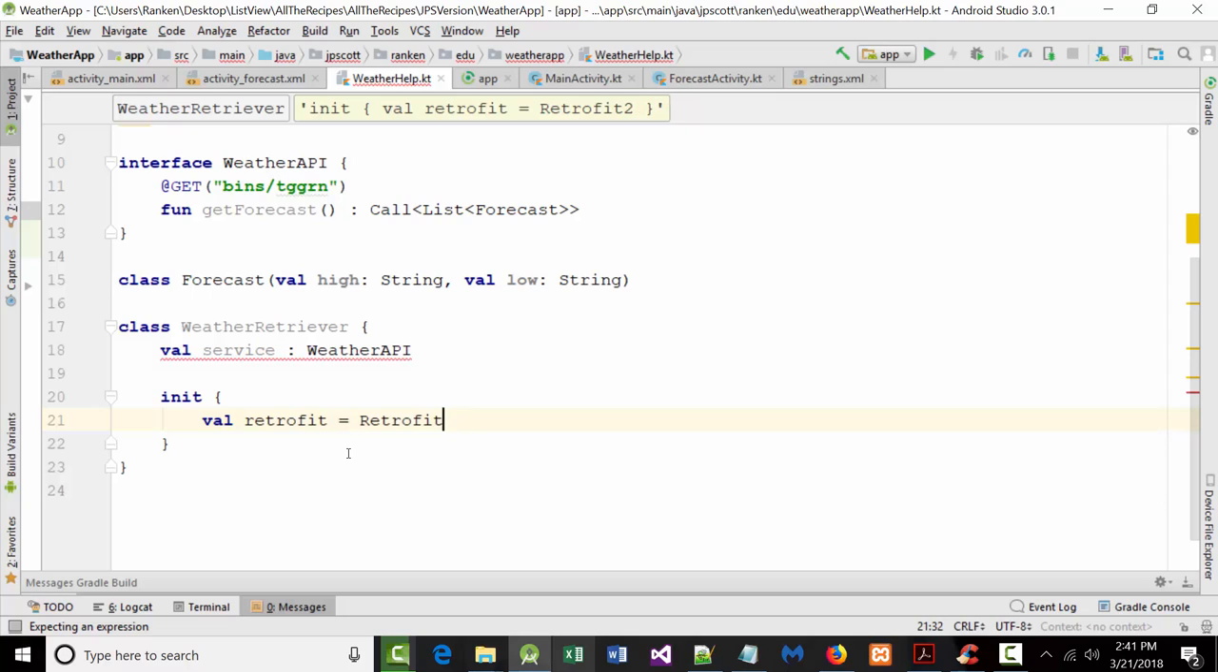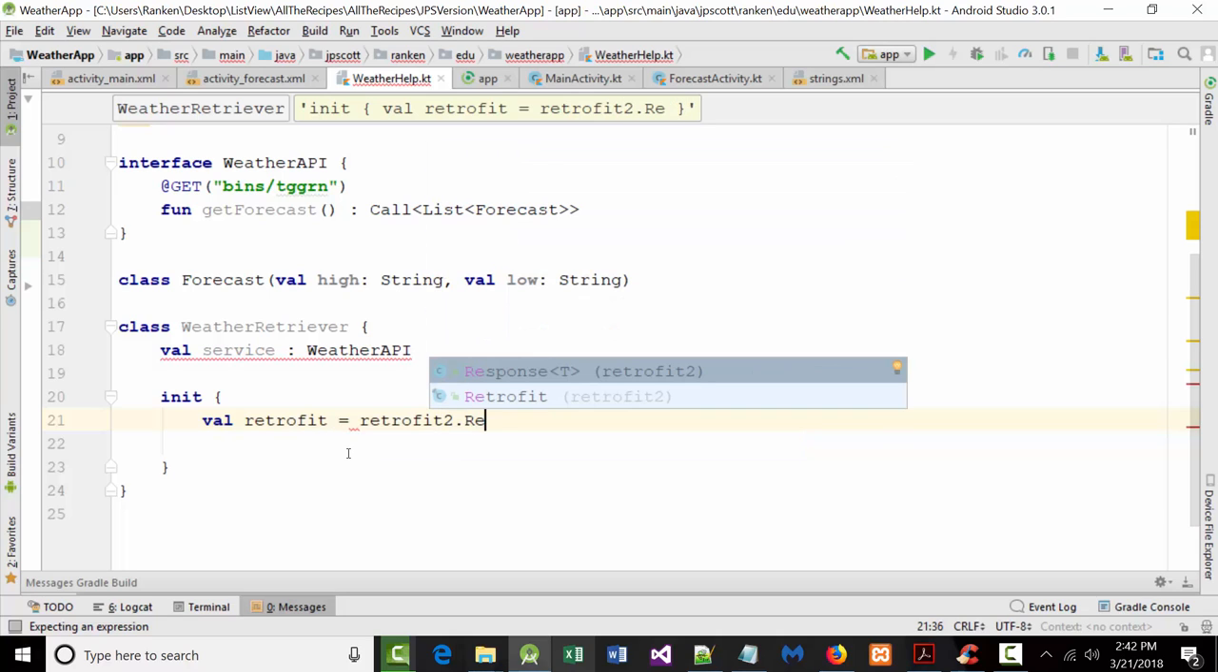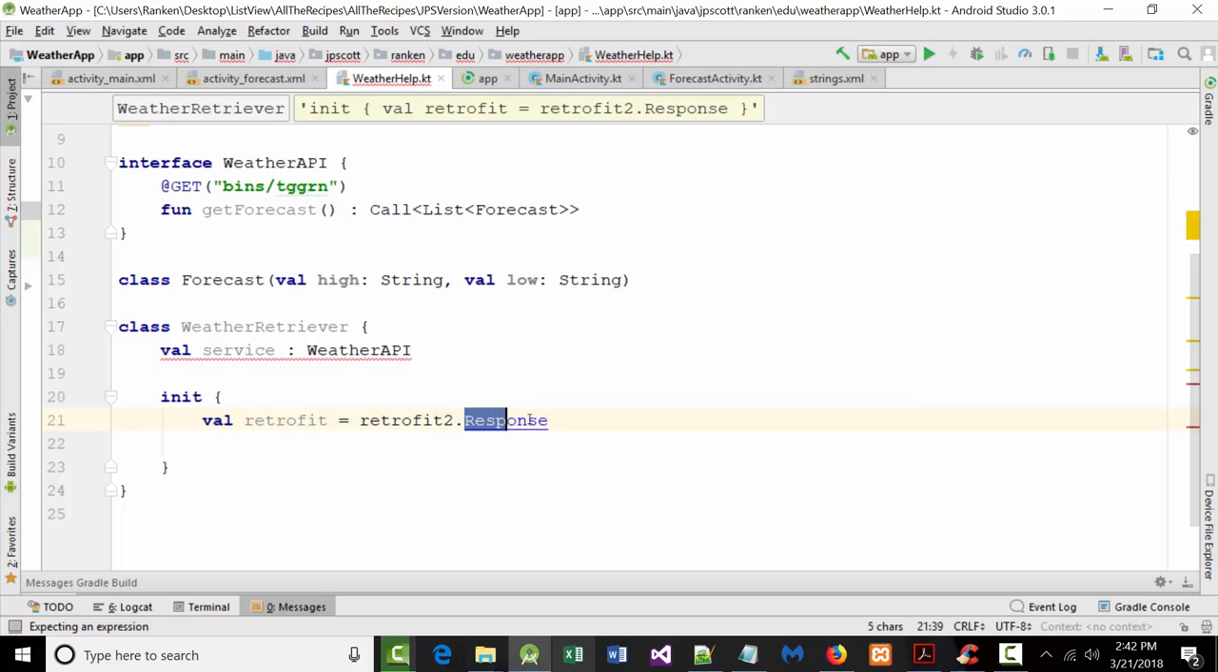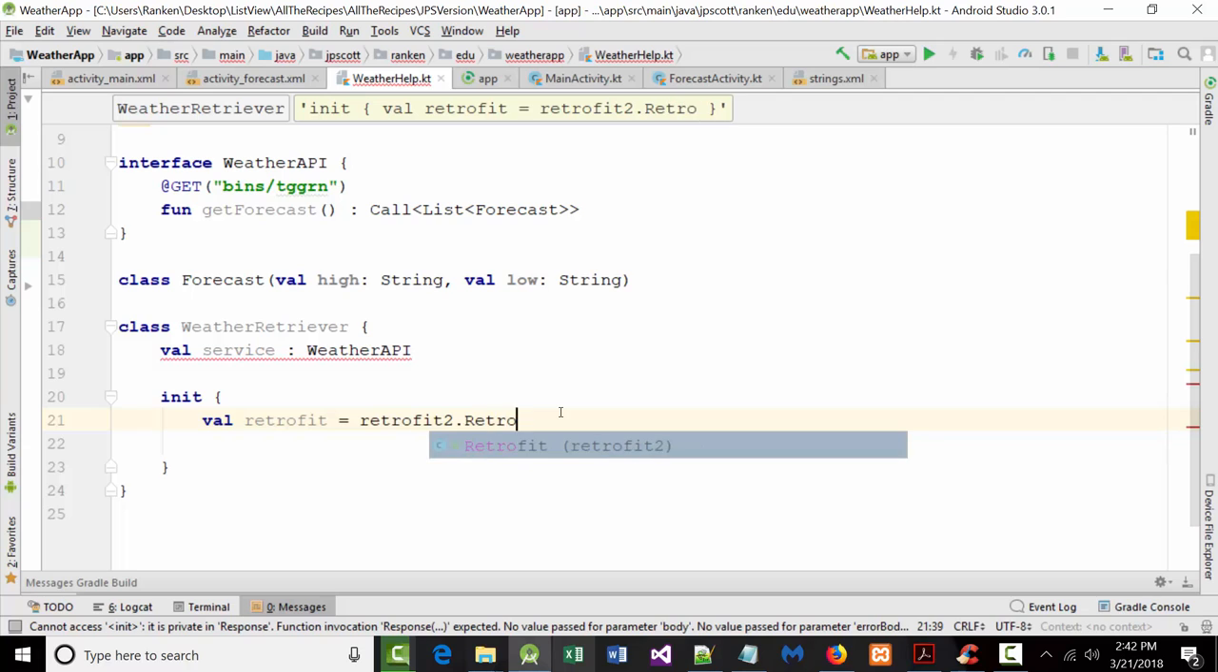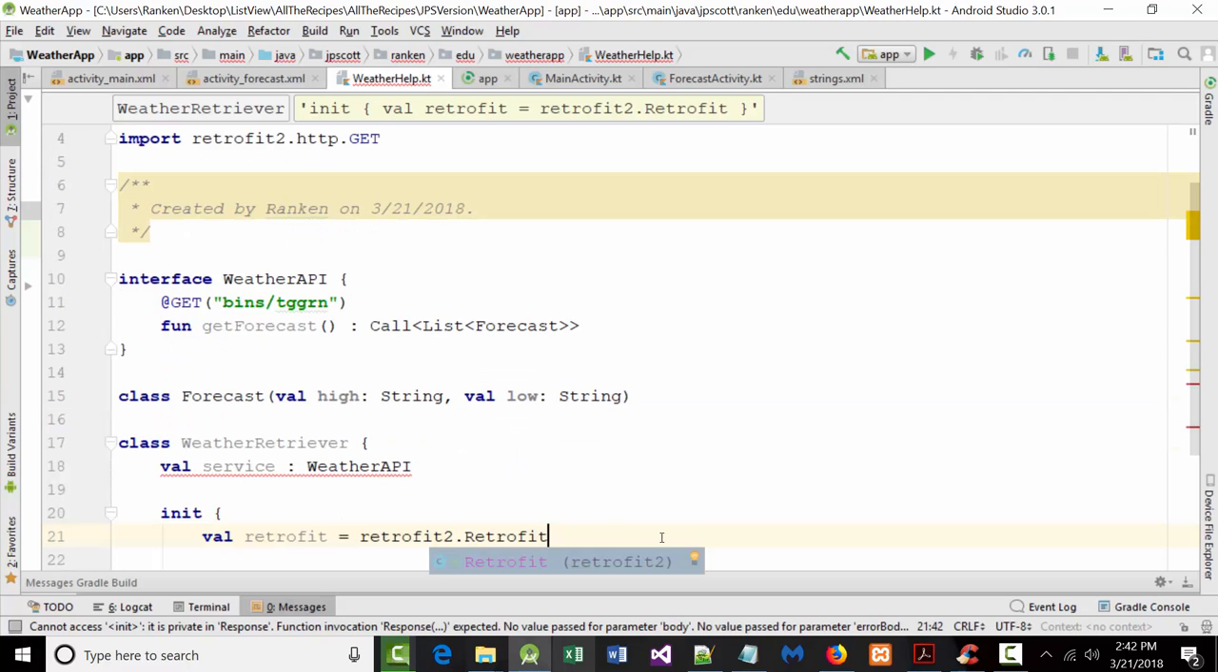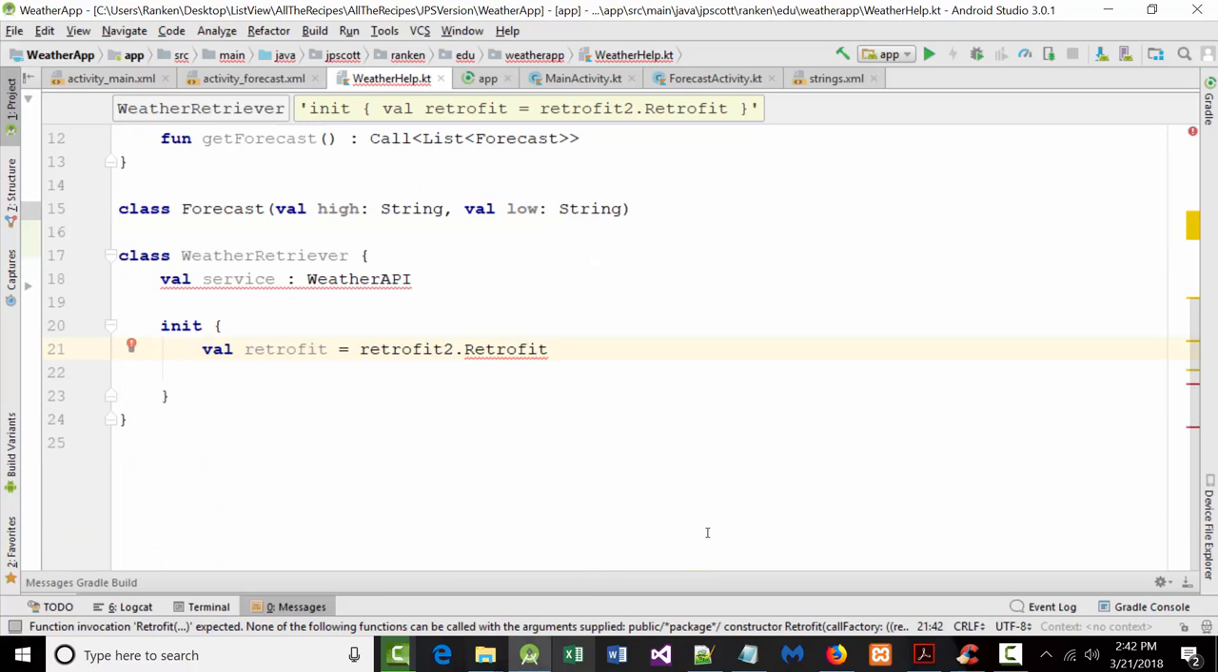Okay, we'll take that. All right. Like I said, we're going to have quite a bit of typing to do here. And now, of course, there we go. Retrofit 2.retrofit.builder